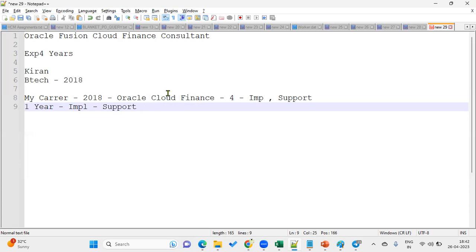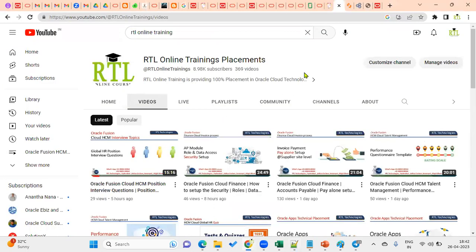Okay. And also we inform the interviewer that we have been involved in different phases of the application. That's how we are supposed to give an introduction. It should take very little time, not more than 2 minutes, or 2 to 3 minutes maximum. And we have to cover our education in a single statement, and then our experience, career, and starting technology.